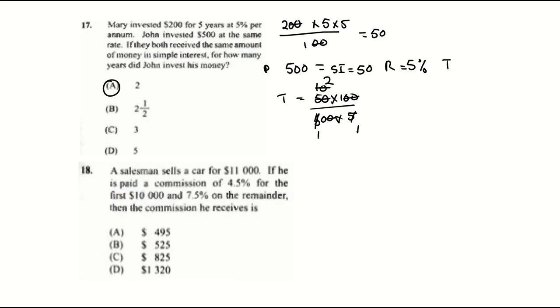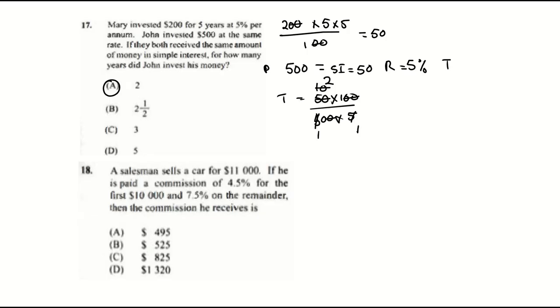A salesman sells, this is a, was it a repeated? Yes, this is a repeated question. A salesman sells a car for 11,000. If he's paid a commission of 4.5% for the first 10,000 and 7.5% for the remainder, we know the remainder is 1,000, so 7.5%. So we said it was 4.5%